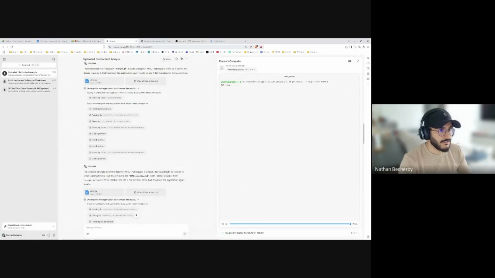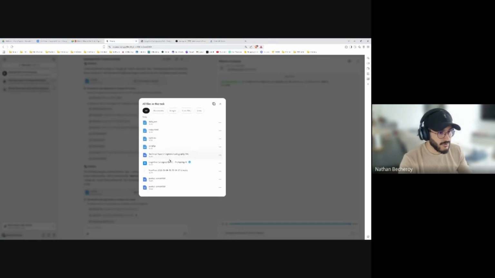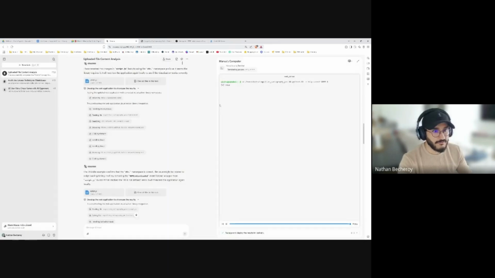For Manus, sorry, I didn't say, you can download all the files and then work on, for example, the code files, to modify or give them to a developer to better create or modify your app, if you are just creating a POC and then you want to create a full app.